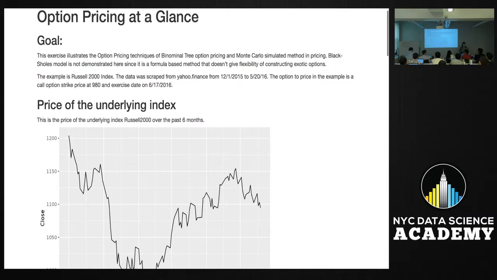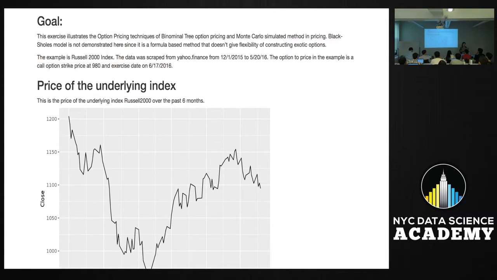Pretty easy. So the underlying index is Russell 2000. I scraped out the information from December 1st, 2015 to May 20th, 2016, which is last Friday, market close. The option I have for this pricing exercise is a plain vanilla European call option, which is, so what you